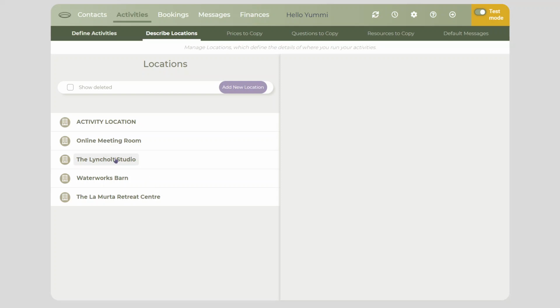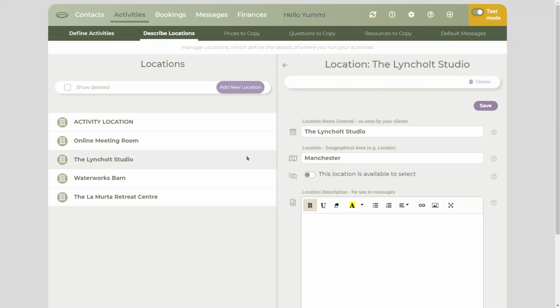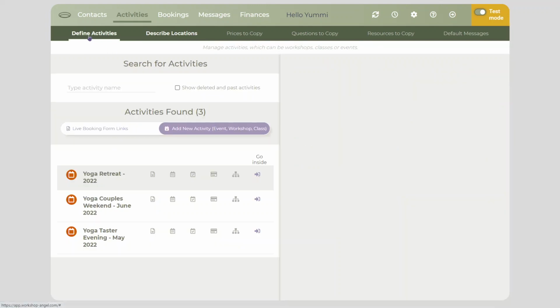And then you can click on an individual location and see that it has a name. It has like a geographical area where it runs. And then there's an area where you can describe how to get there and anything your clients need to know specifically about that location, which you can then really easily link into all of your joining instructions types of messages that you send out to your attendees. So if we go back to define activities, that's the kind of big picture of the details about the activity